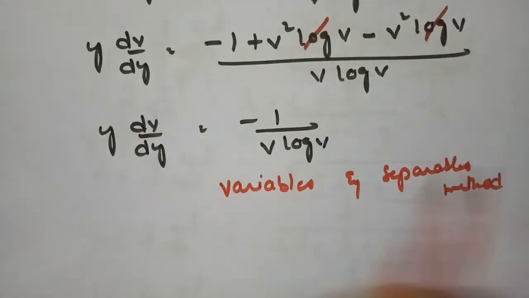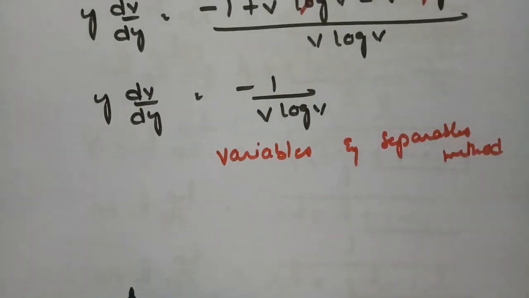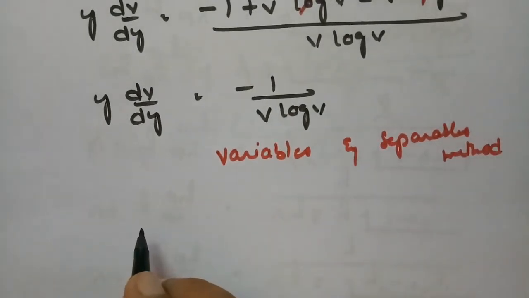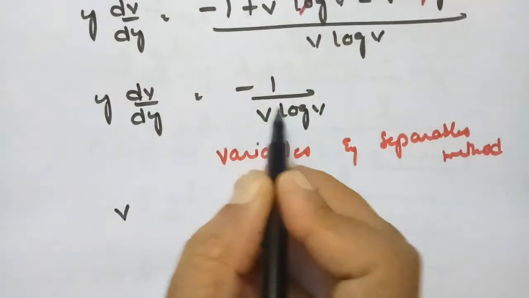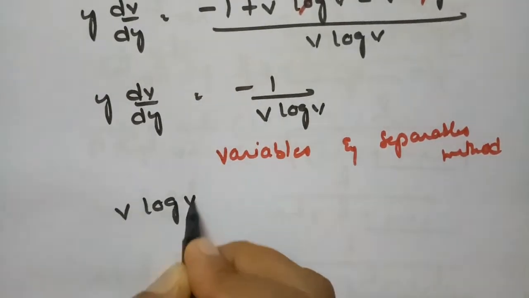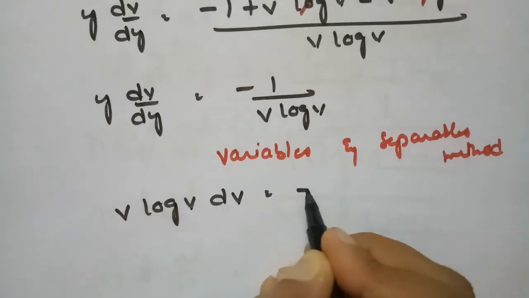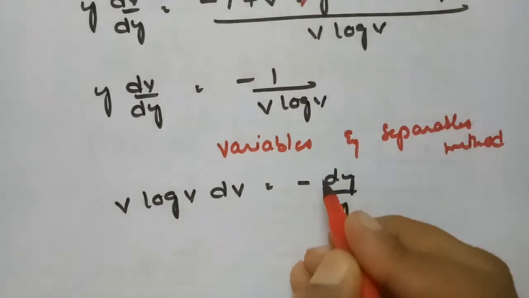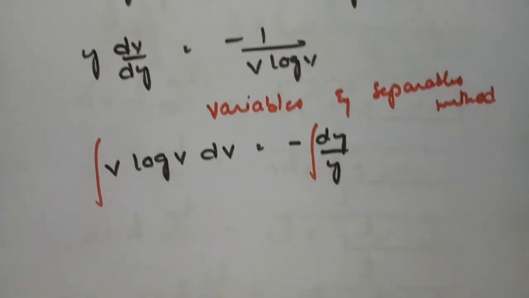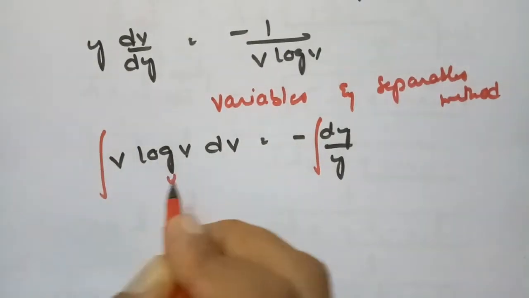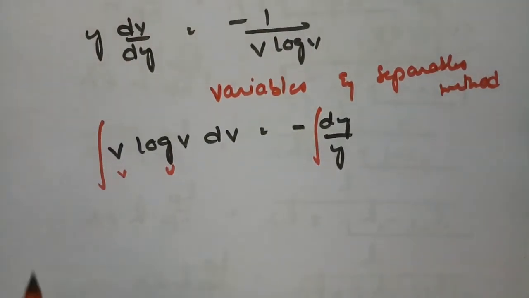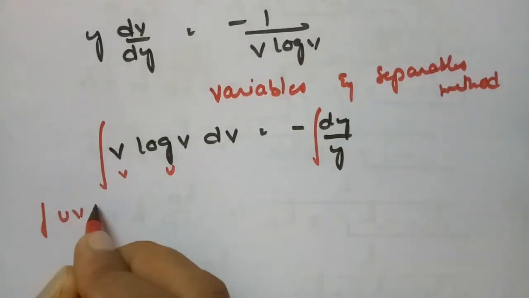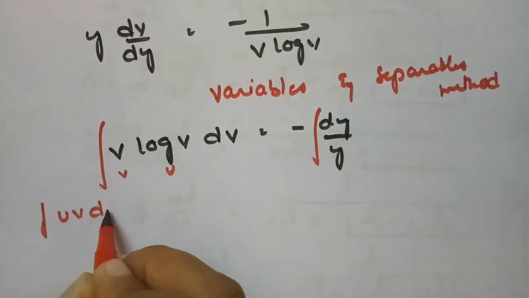So if I use the variables separable method and see what happens here, v to one side and y to one side. So this will be v log v dv is equal to, this will be dy by y, and now I have to integrate on both sides. After integrating on both sides, this will be u and this will be v, and you know that is uv dx or dv will be